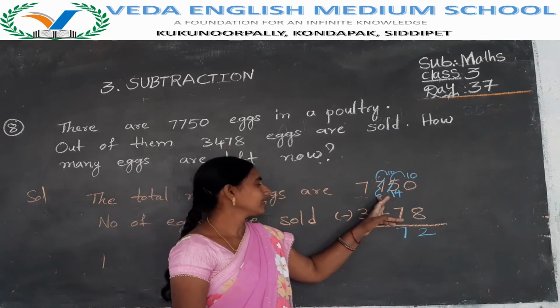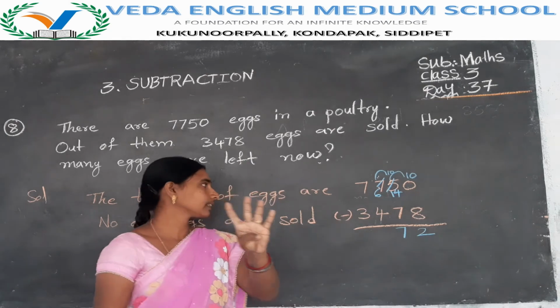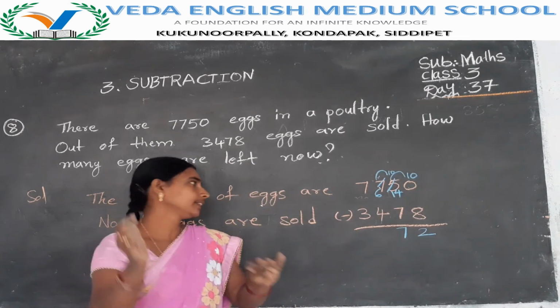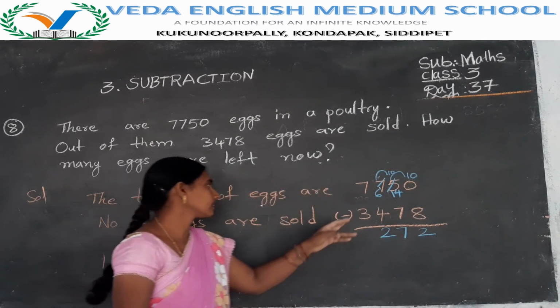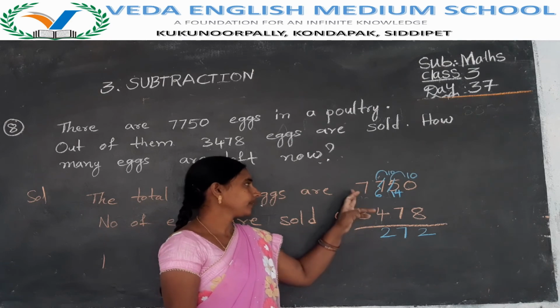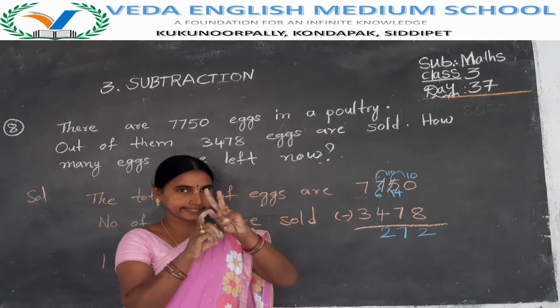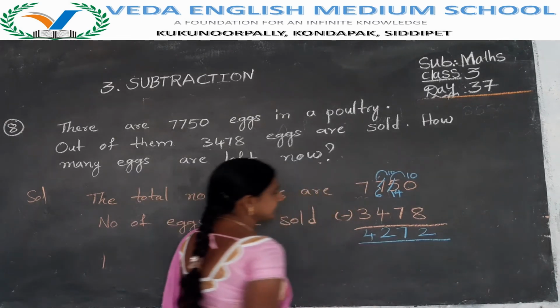Here 6 minus 4. So here 4. I take 4 fingers. Backward counting: 5, 4, 3, 2. 6 minus 4 is 2. The last, 7 minus 3. Here 7, here 3. 6, 5, 4. So the difference is